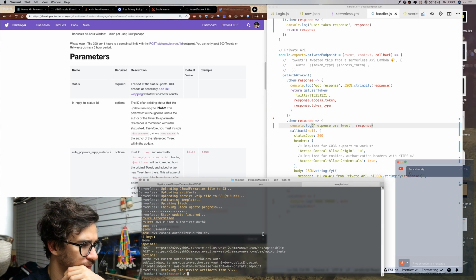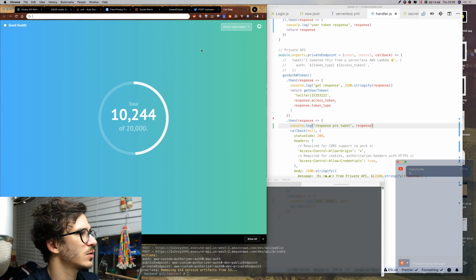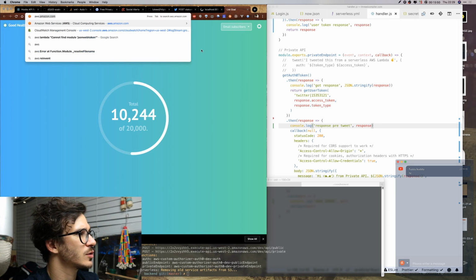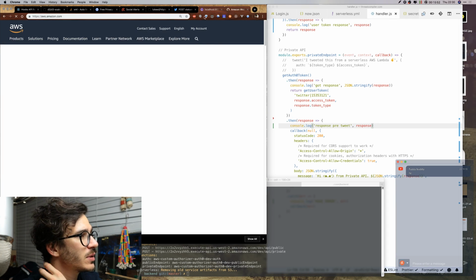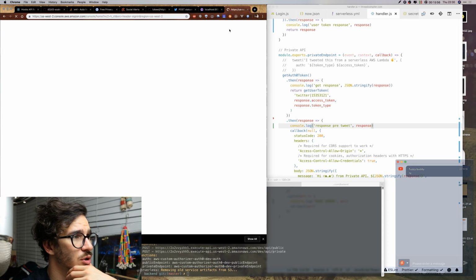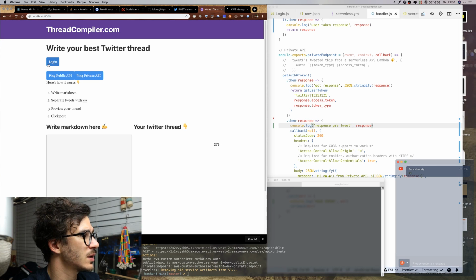Okay, great. So that's our endpoint. We can now go to localhost 8000, and we can also open our AWS Lambda, or at least the CloudWatch console. So is it there? That one. So localhost 8000.